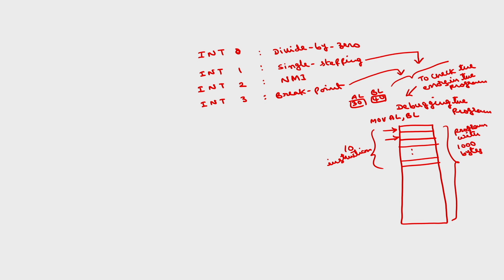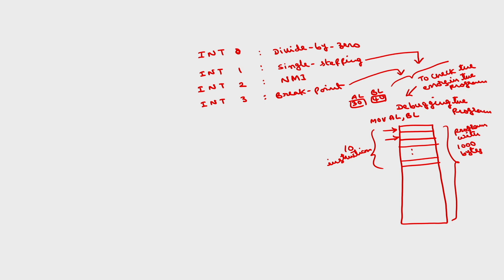So one is executing a single instruction, and the other is executing the entire program at once. Breakpoint is in between single stepping and executing the whole program at once. In case of breakpoint, we can set some instructions, and after those few instructions are executed at the same time, I will check for the results. Like that I will proceed. In order to operate this microprocessor in breakpoint method, the INT3 interrupt will be used.